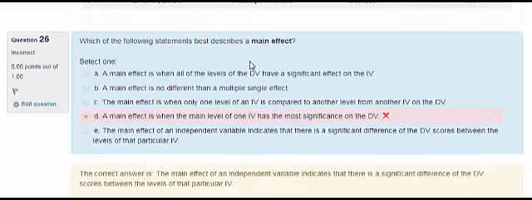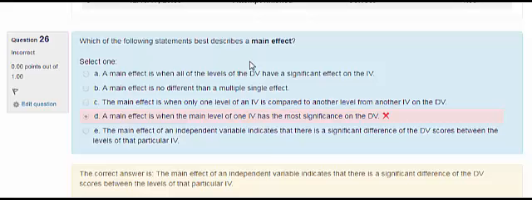Main effect means that there's a significant difference between the levels of an IV. Think of a one-way, real basic ANOVA. So like the military branch, you got your Army, your Navy, your Marines, et cetera. The DV is the number of push-ups. And if there was a significant difference in the number of push-ups between the military branches, that would be the